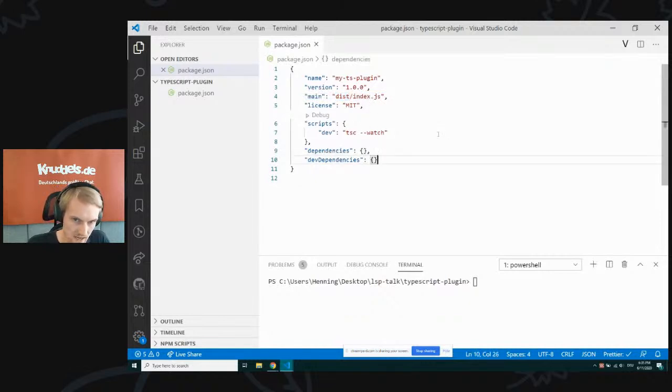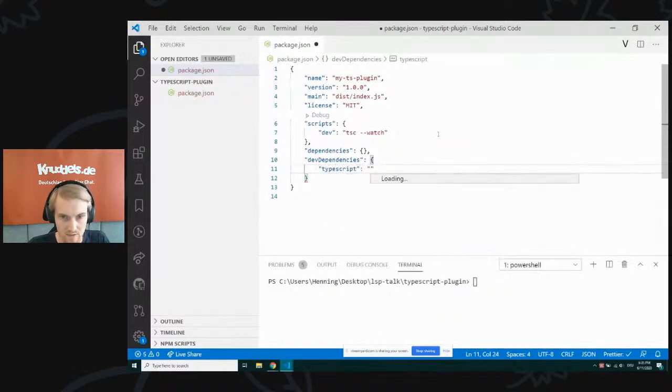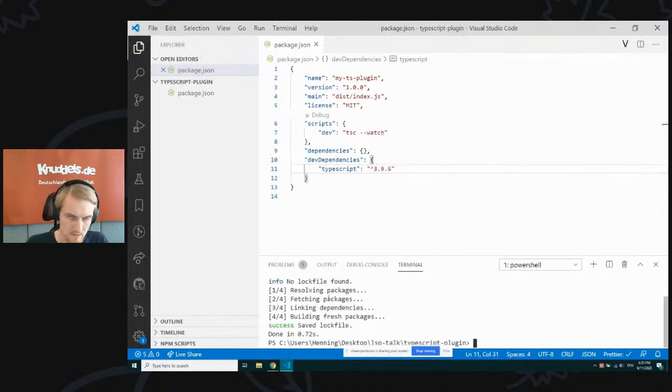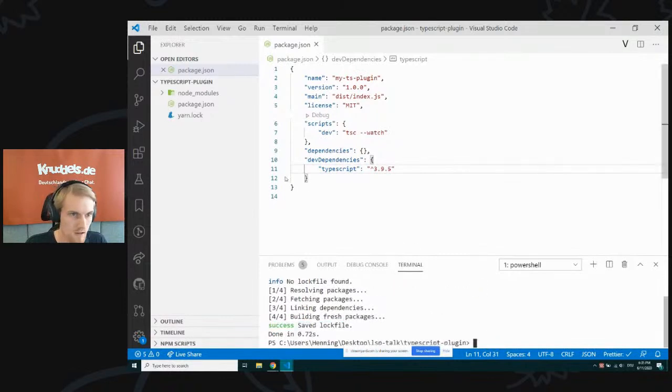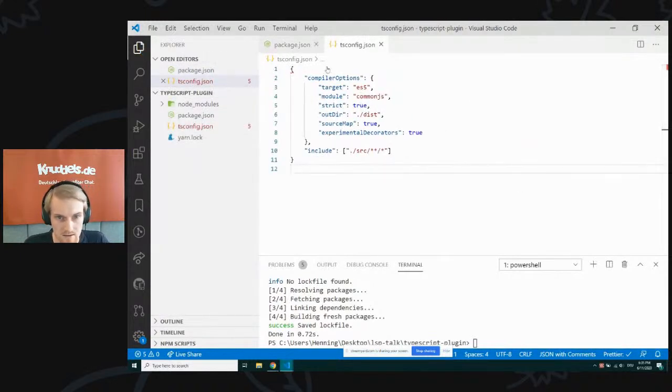And we need to add TypeScript as a dev dependency, so we can have the types. And let's just install the dependency by calling yarn. And now we can set up a tsconfig file for our plugin so that we can use TypeScript to implement the plugin itself, tsconfig.json. And it is set up to compile to dist, to the dist folder, and it will include all files